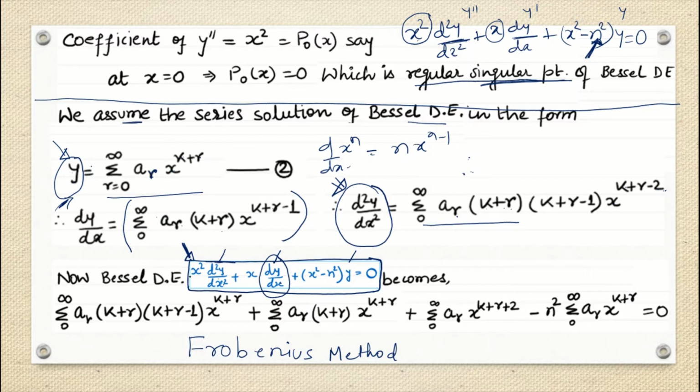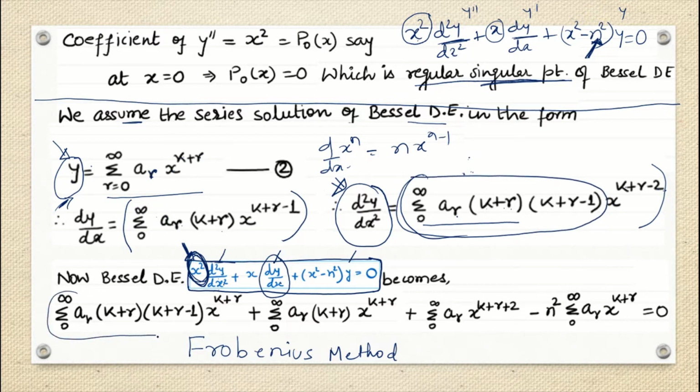So now in this step, what we are doing here? This is my d2y by dx square, correct? In this d2y by dx square, I have to multiply x square also, right? So if I am multiplying x square, this complete term will be as it is, I will be copying. So just see here, I am just copying this complete term here as it is, correct? And then if I am multiplying x square, x to the power k plus r minus 2 plus 2, so it will be x to the power k plus r. Because of that only, this much is written.